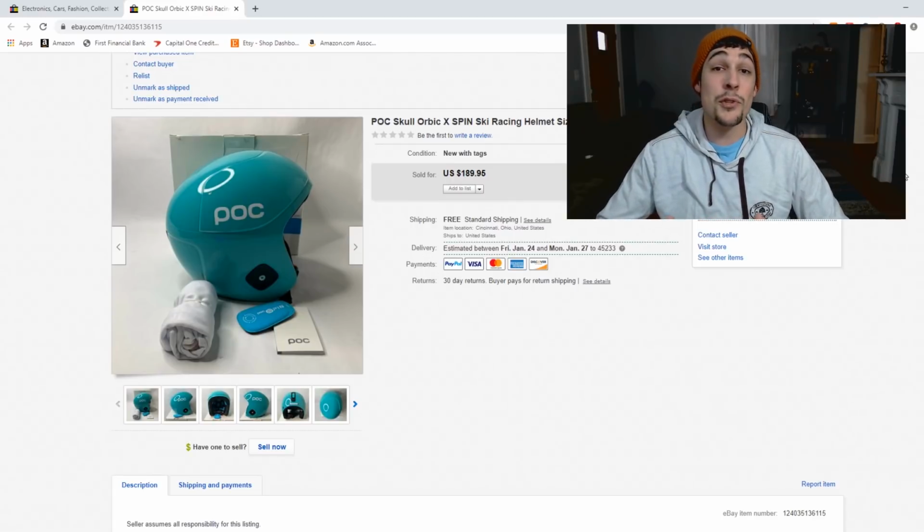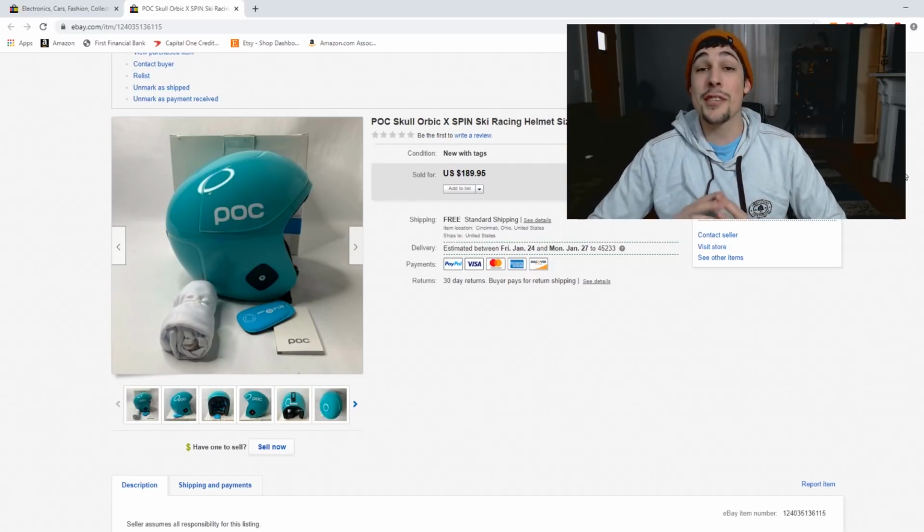I ended up picking up around 20 of these helmets, and they've already started selling. This is one of them, sold for $189.95. Now I paid $20 apiece for each of these helmets, so I'm making a very, very good profit on each of these. And these are the kind of finds that just get me excited to go thrifting, because when you find stuff like this,